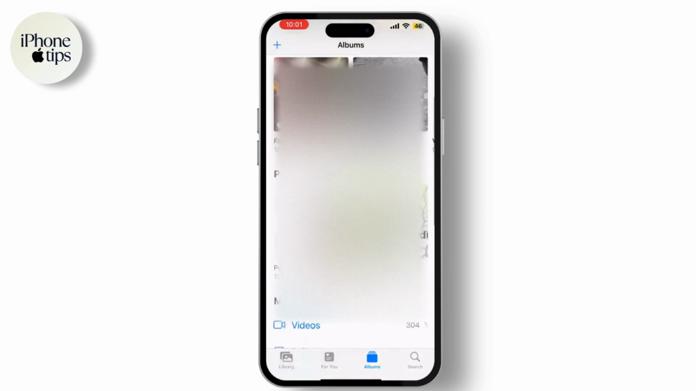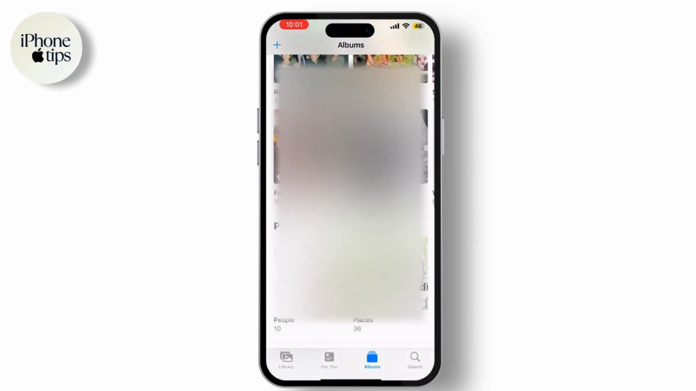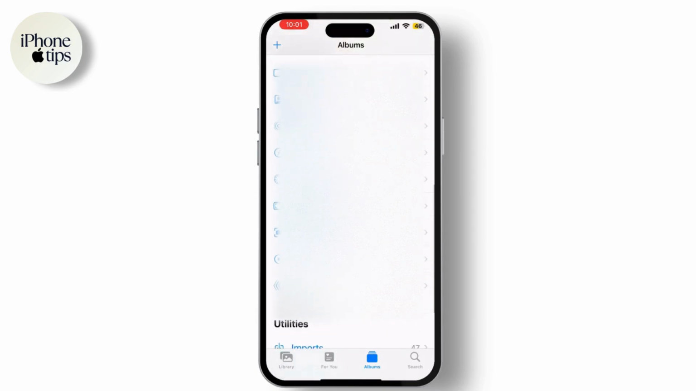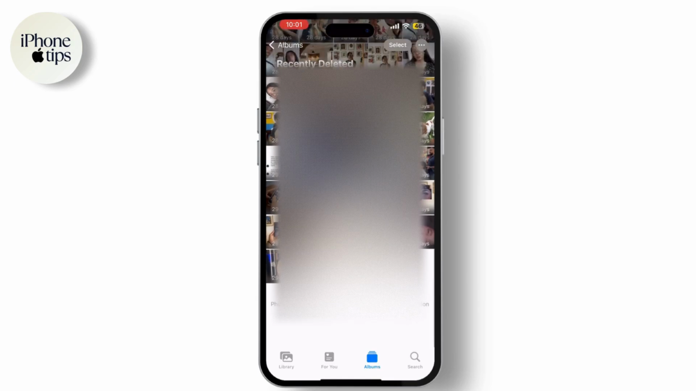In the Photos app, go to the Albums tab and view all your photo albums. Scroll down until you find Recently Deleted. Tap on it, unlock it and click on